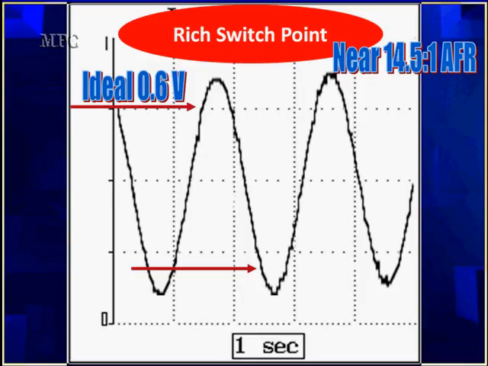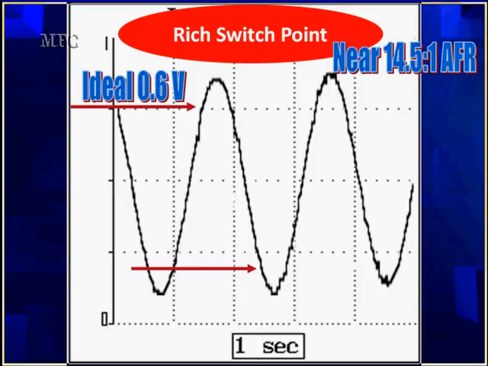As the voltage has been coming up, we have been stretching injector pulse width. Short-term fuel trim has been asking for more fuel. When we get to 0.6 volts, short-term starts asking for less fuel. As a result, we see the turn and the system starts down toward the lean side. We get up to the top of this, we're going to be near 14.5 if the oxygen sensor has the proper speed. If it's a slow oxygen sensor, we can be going richer than 14.5, all depending how slow